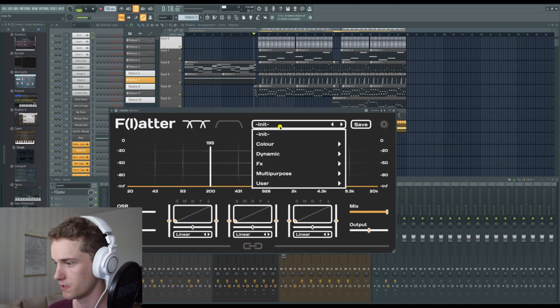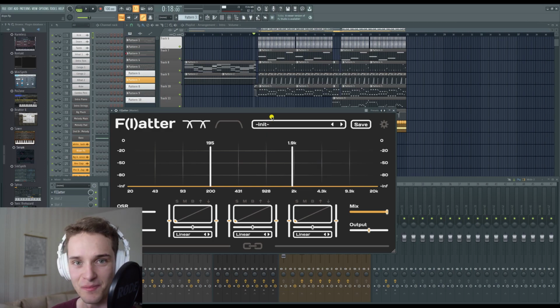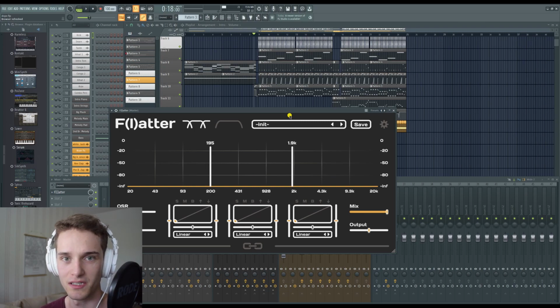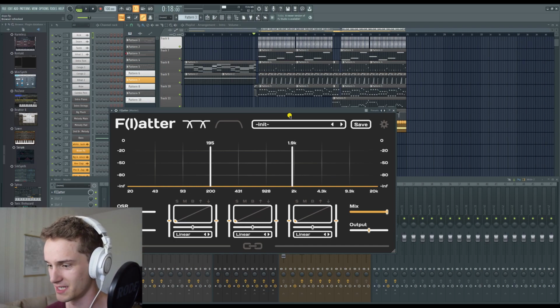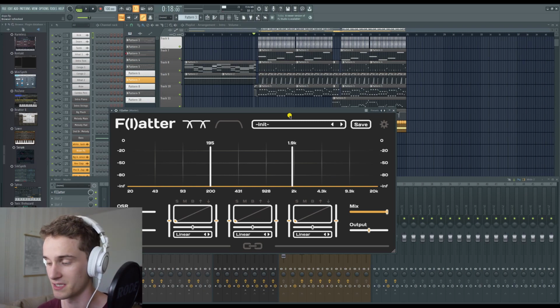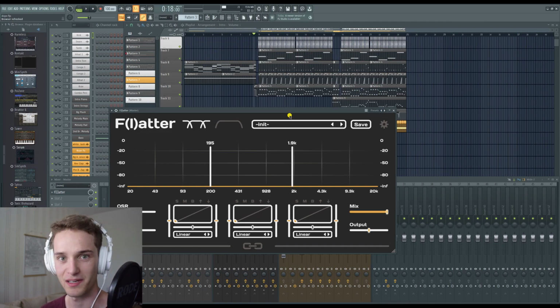There are 20 of them. That is not that many, but part of my philosophy when making a plugin is that the plugin should be so easy to use that you shouldn't really need presets. That is, you should always be able to get the result you want as quickly as possible without relying on presets, and that is so easy to keep using the plugin like that and never actually do anything yourself with it. So presets are really good, and that's why I still include them,